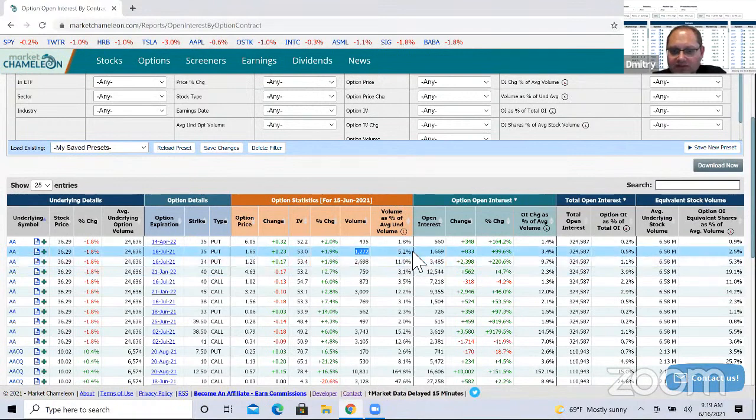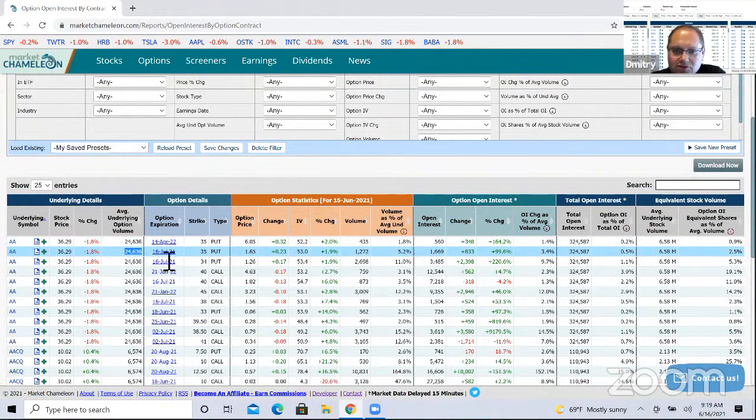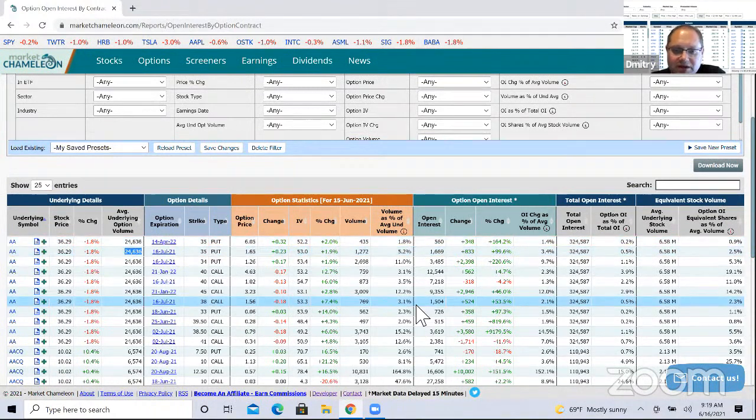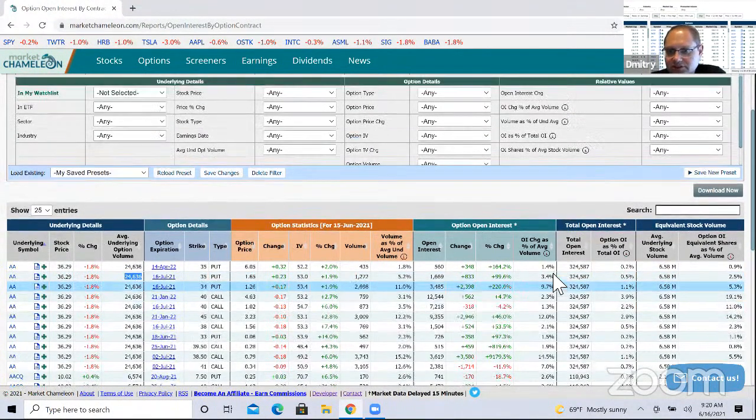And on a relative basis, that represents 5.2% of what the average volume is in aggregate in AA. Okay. So I'm going to do some screens. Maybe that will be also helpful, but those are the data elements that we're looking at. So let's say